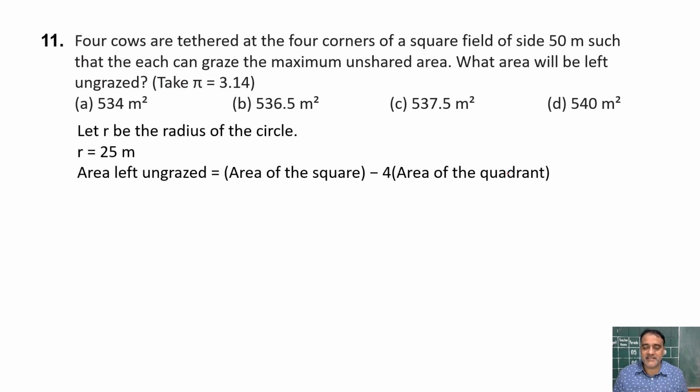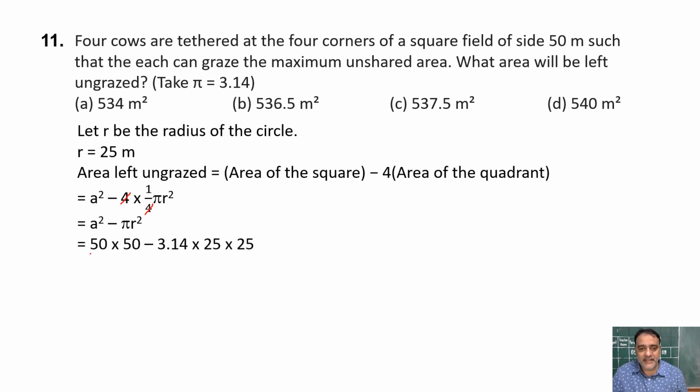Now area of square is a square, area 4 into area of quadrant is 1/4 pi r square. So यहाँ पे 4 कैंसिल हो जाएगा, so we will get a square minus pi r square. So a square is 50 into 50, pi, the value of pi is already given 3.14 and the radius is 25. Okay, so 50 into 50 is 2500 and 3.14 into 25 into 25 you will get